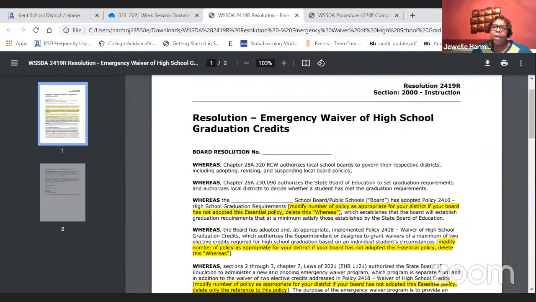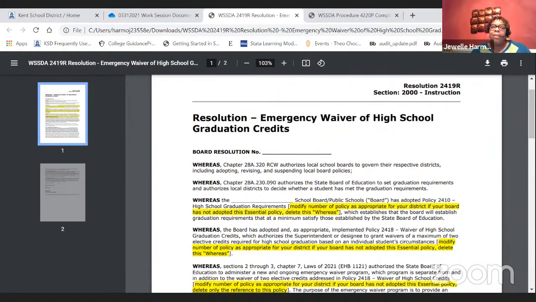What makes this, again, in addition to being expansive enough to cover all emergencies, is that it also provides new requirements for school districts in terms of what is reported. They are watching heavily about disproportionality and accessibility to the waiver process for all students. It also requires that districts engage in a series of good faith efforts prior to leveraging this for a student, or presenting a student and their family with this as an option, meaning that students who were not able to obtain the credits had to have been on track for on-time graduation prior to this.